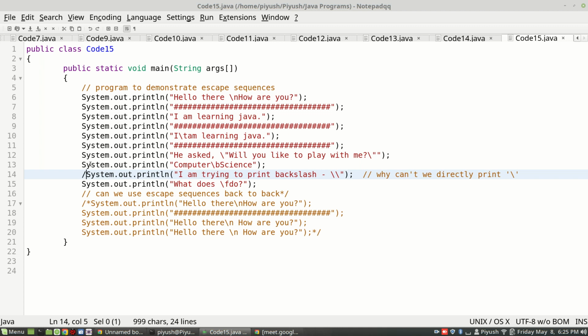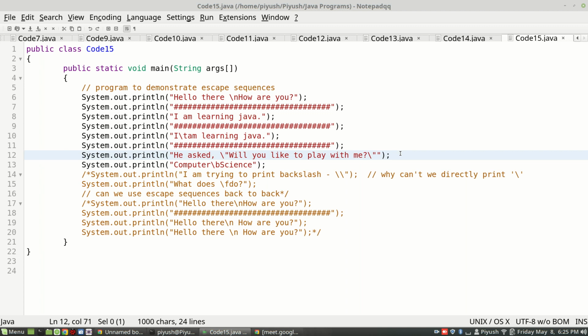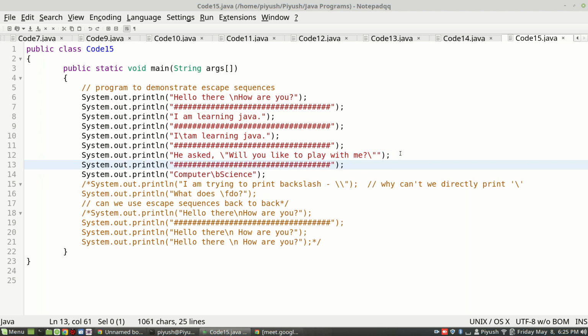I'll rather start the comment from the next line. Okay, so now also I'll insert this hash so that we can figure out the difference between the different types of outputs, all the different escape sequence outputs. Here, wherever inside a string a backslash and immediately after it a b is found, it simply means delete the character just before it which you printed.